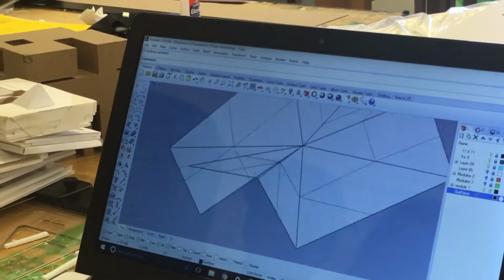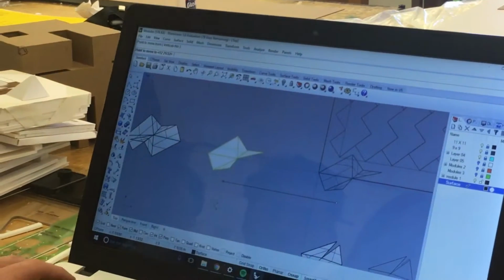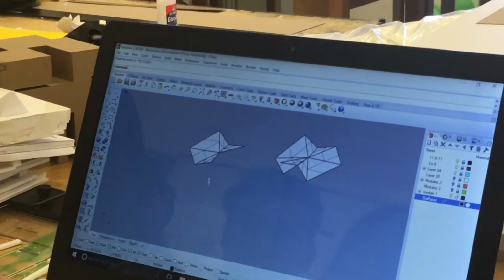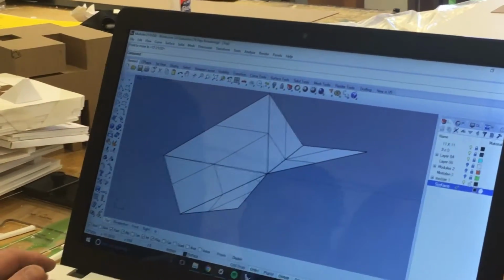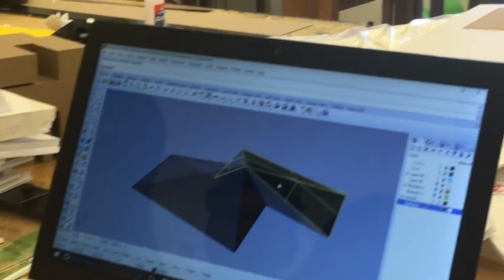So there's a difference between unroll and explode, right? Say that again? Unroll and explode are two different things. Yeah. And so when I unroll that, you can see I could cut that out, right? Because no pieces are overlapping. And then I would just go back to here. I'd select that one,